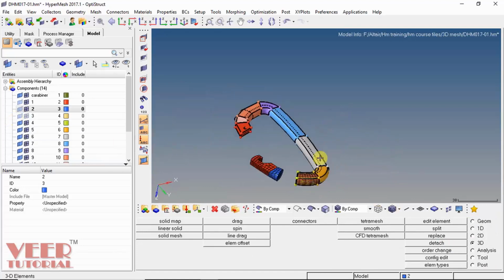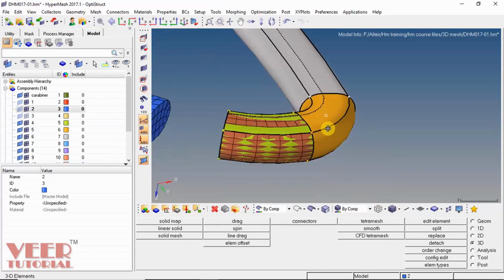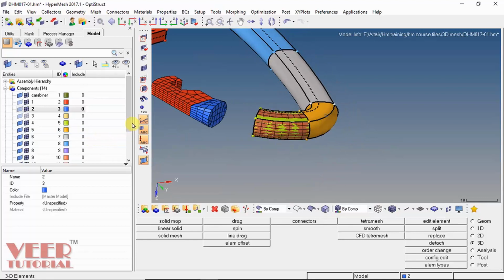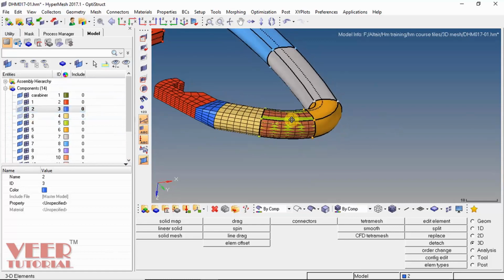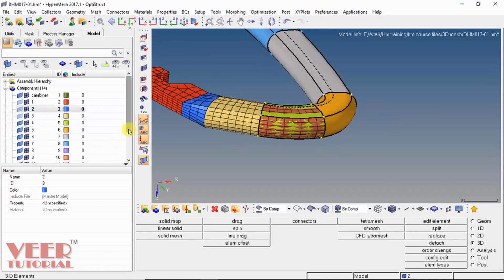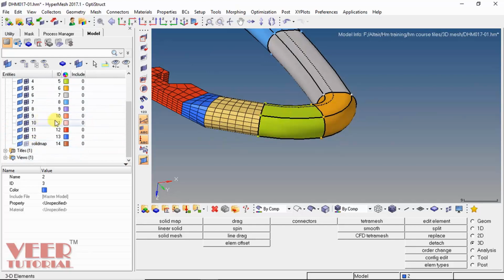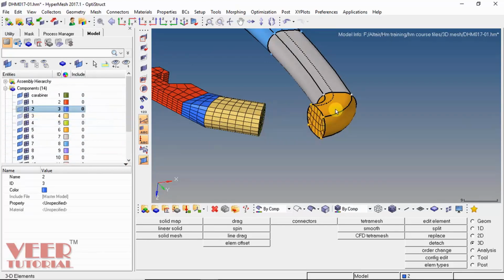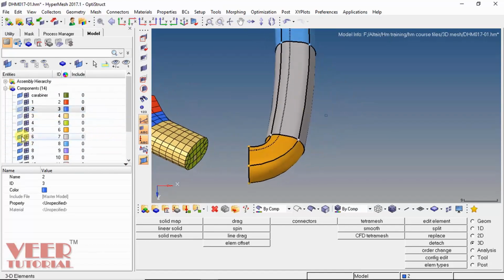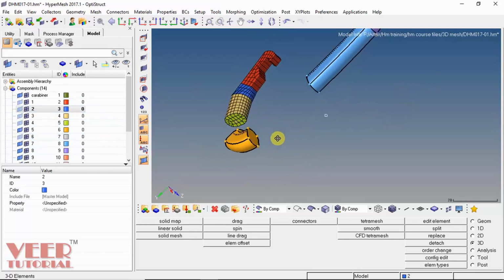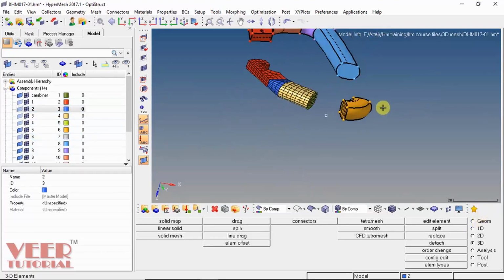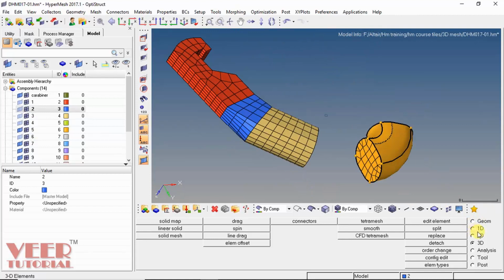And then we have to do the meshing on the second surface. So hide the elements. Now I am not assigning elements to each component. You can do it yourself. I am just doing the mesh. So turn off the meshing on this element, turn off this element 4. Similarly, turn off this element 6. And then do the mesh.